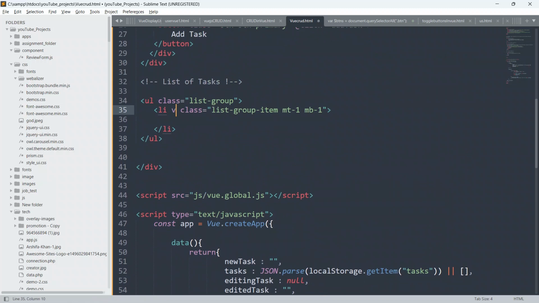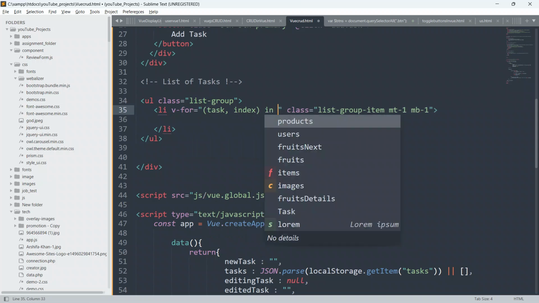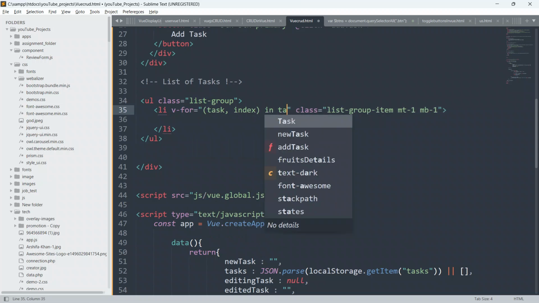Always remember that. So now I'm gonna create here v-for equal to double inverted comma, and I will give here task comma index also in tasks.